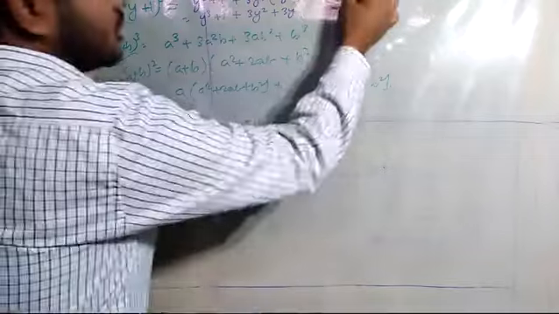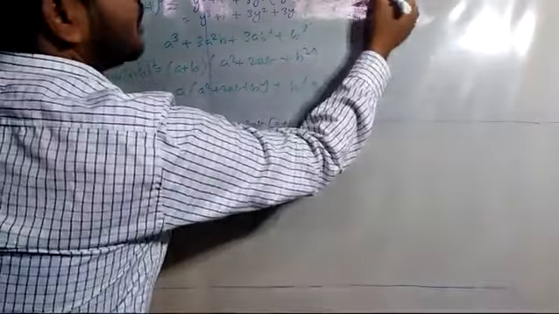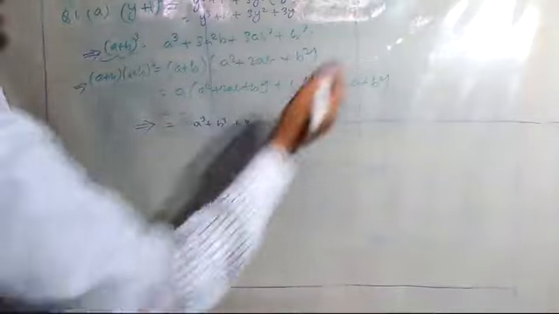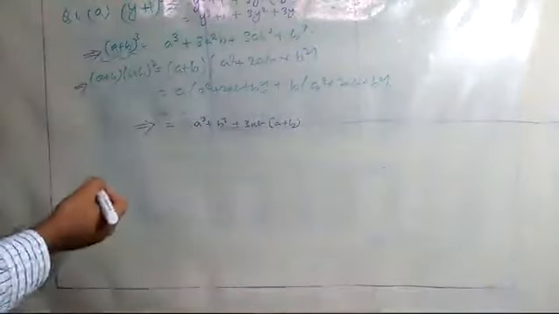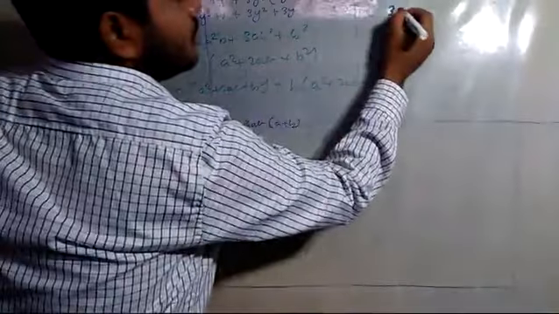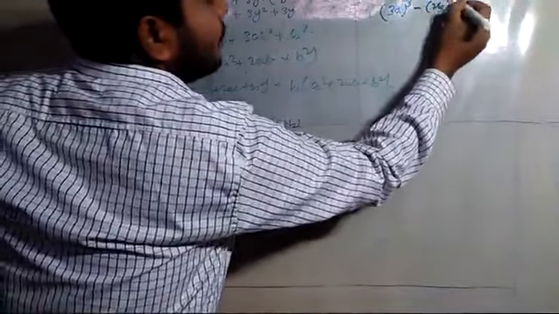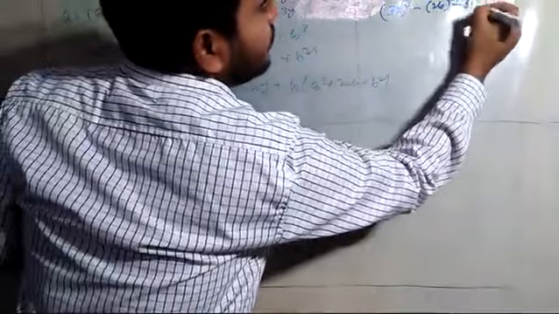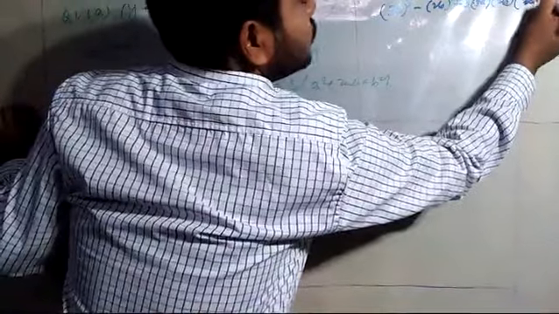Now second part, question number 2 subpart B. If you see, you are having 3a minus 2b whole cube. This is what we have to do. Same way you can apply this formula. So I will be applying this third one. So it will be 3a whole cube minus of 2b cube, plus, not minus only, 3 into 3a into 2b and then bracket 3a minus 2b.